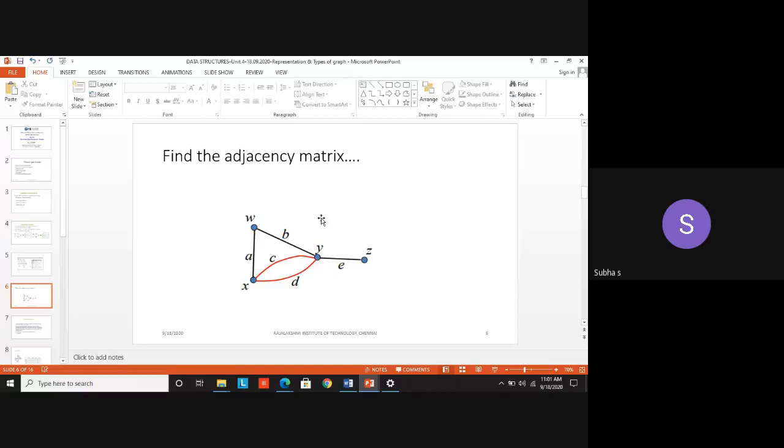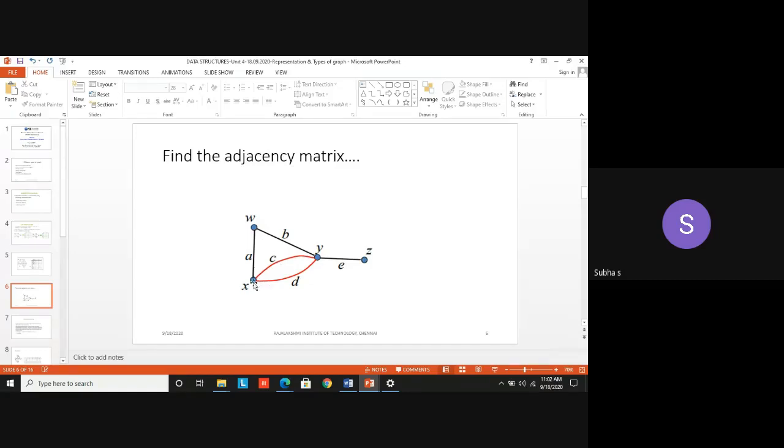So you started with the vertex what? W. WXYZ. I think there is no confusion in the first row. W to W, there is no path. How many paths are there? From W to X, one path is there. W to Y. Here, look, the weight is not given in the numeric value. For a weighted graph, if the values are given as integer only, you have to put it in the matrix. Otherwise, just check if there is path means put it as 1. Otherwise, 0.